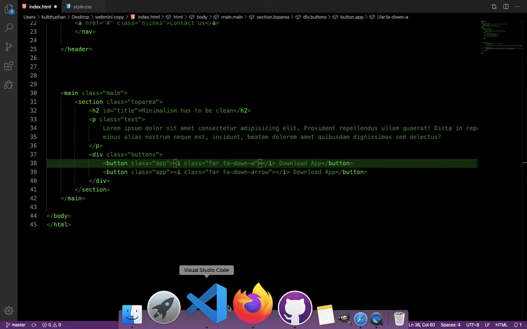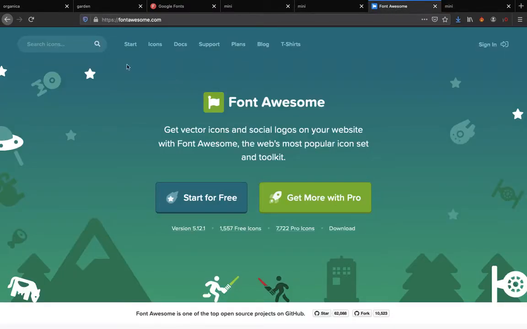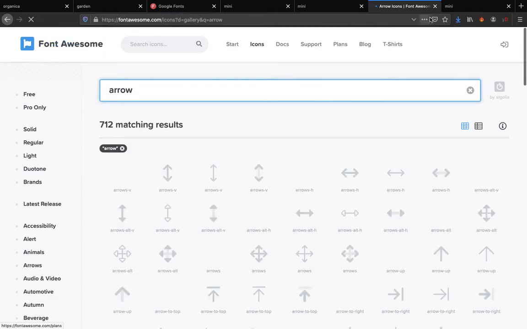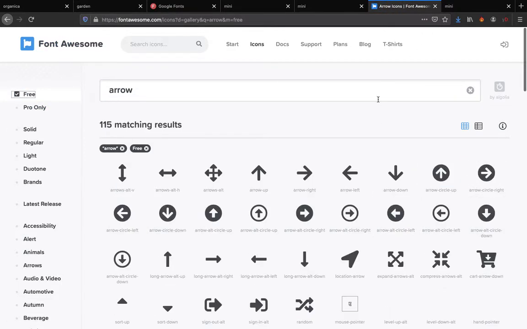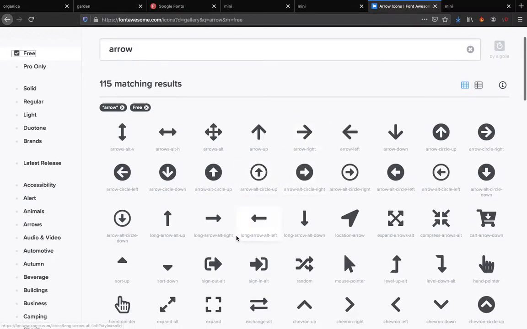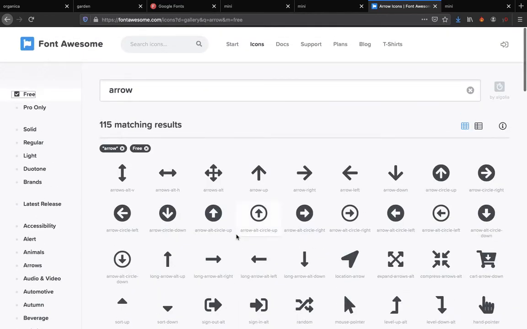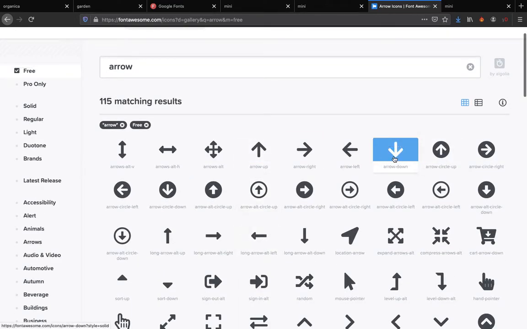Why even guess? Why don't you go to Font Awesome and look for the arrow? I mean, you do not have to guess anything. Everything is in front of you. You just have to use the sources. There's no logic in doing that. Okay, I'm telling you all the scenarios. What can be the problem? So I will click on free because we want to use just the free one. What is the arrow that we have used over there? It should be the subtle one. This arrow down,